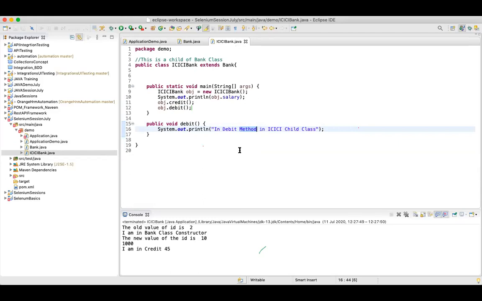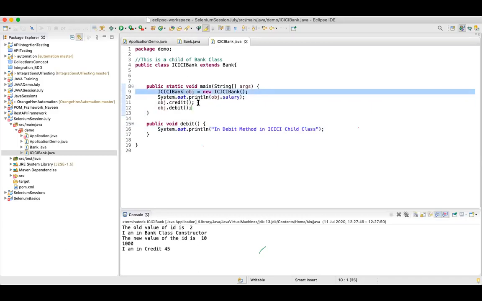Well, can we create an ICICI object and a bank object and call ICICI? If you create an object of a class, then you can call the methods anyway, right? But what I'm trying to show you is that I haven't created an object of the bank class.